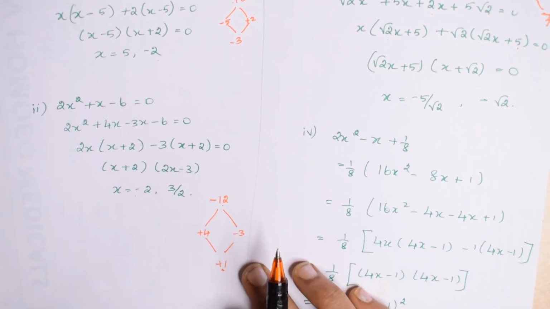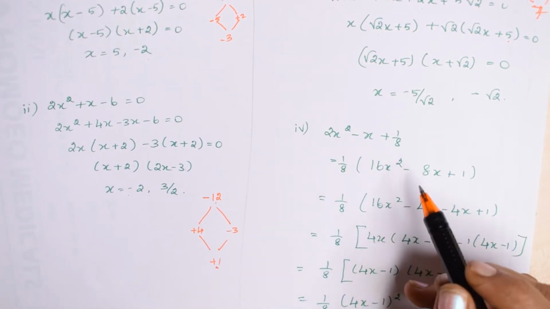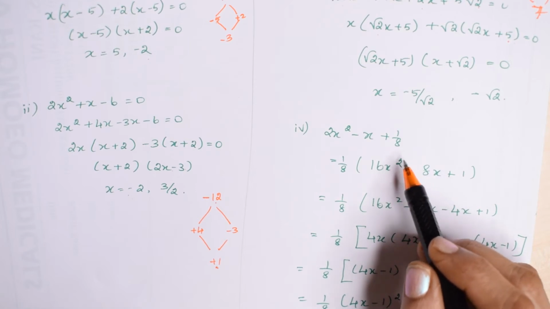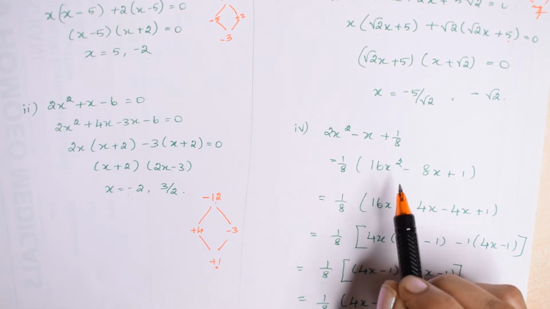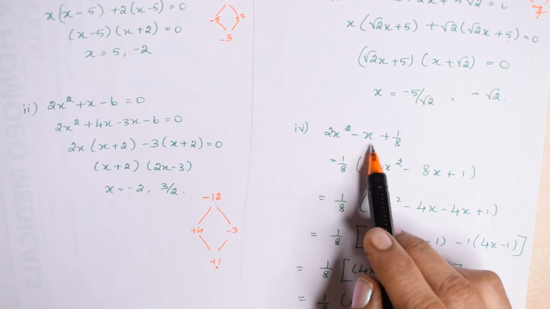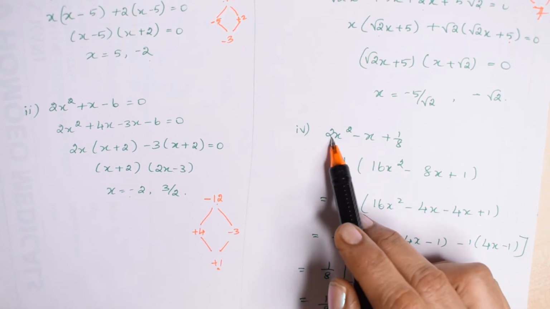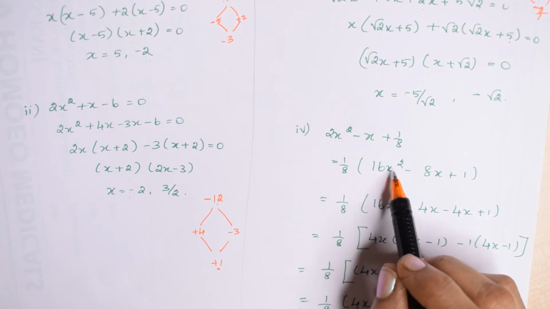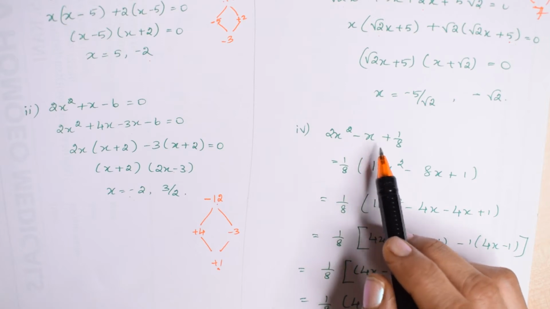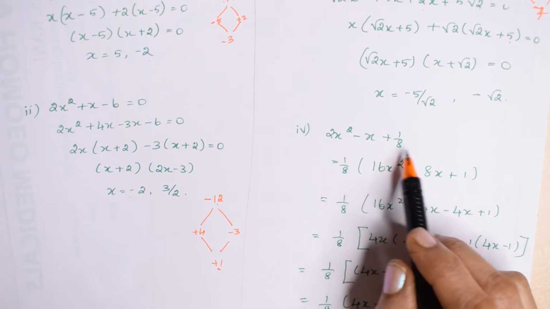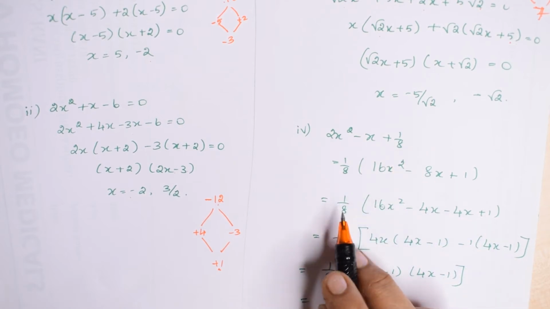Then this fourth sum here, 2x square minus x plus 1 by 8. Okay, here I don't want 1 by 8 in the denominator, so I am taking it out whole. If I take that out, I have to multiply this whole thing with 8. Only then it comes as a common denominator outside, right? So this 2 multiplied with 8 is 16x square. Then this x, it means it has 1x, right? So 1 into 8 is 8x, then plus 1. Only then this 8 becomes a common denominator, it has gone outside. Let it be outside like that.